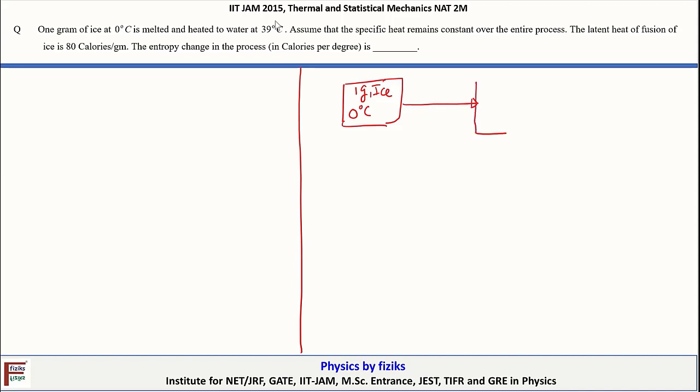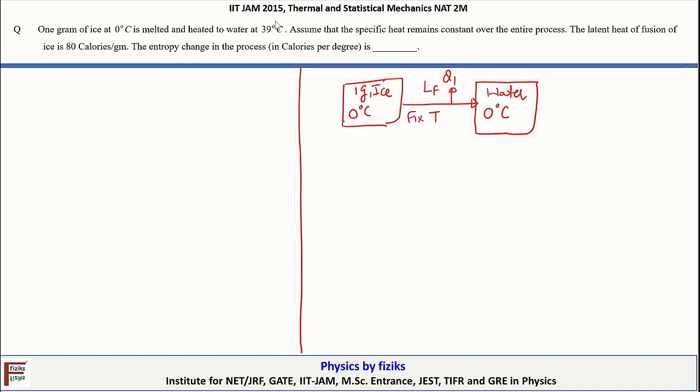It will melt into water, but the temperature will still be the same. So this is a constant temperature process, fixed temperature. The corresponding heat involved, we call the latent heat of fusion. Now once this process has taken place, let's say the corresponding energy involved is Q1. During this step, Q1 is the heat required to convert ice at 0 degrees Celsius into water at 0